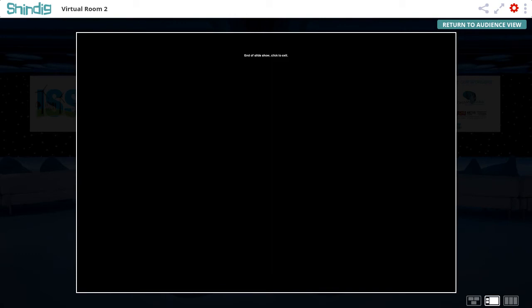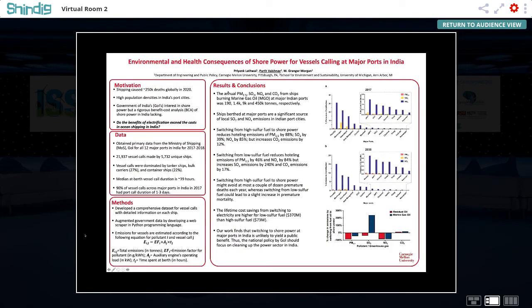In India, Priyank Latwal, who's the student who led this study, did an incredible job beating down doors at the Ministry of Shipping, at the Coast Guard, in different parts of the government of India, and actually managed to get primary data on close to 22,000 vessel calls made by close to 6,000 ships between 2017 and 2018 in India.